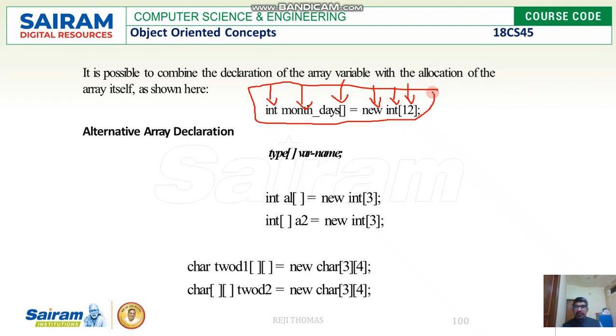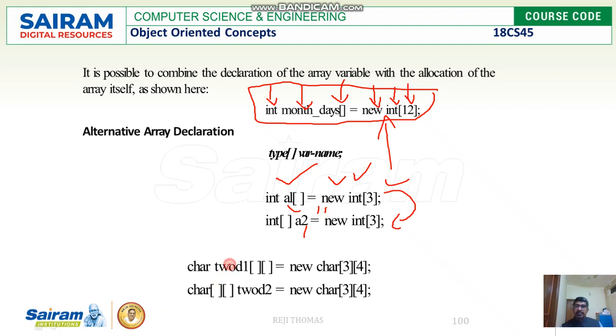There are alternate ways of doing it. You can even do it this way. You can give int a1, which is going to be the array name, then you can put empty brackets, then you can give new int 3. This is what we have just seen, and this can be written even like this. You can give int, then you can exchange the array name and the square brackets. Here it was a1, I'm just writing a2, then new int 3. So both the statements are equal. If it is for two-dimensional arrays, we have yet to see that.